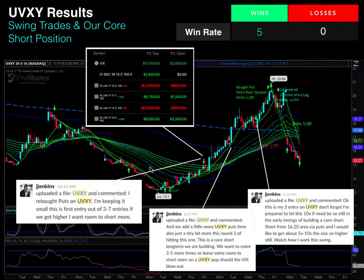But then when we have a surge in the VIX, I start laying out some puts, and we play this over the long term and over the intermediate term. But you kind of need to be able to sit on this for a while, and then more times than not, eventually, just by the nature of this UVXY,